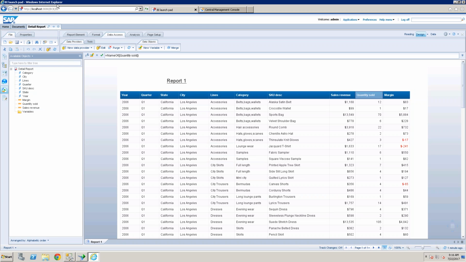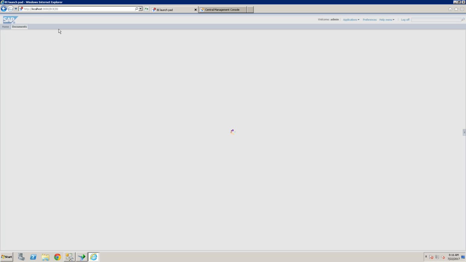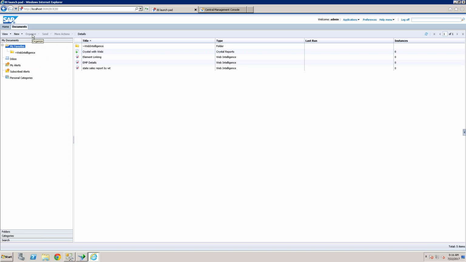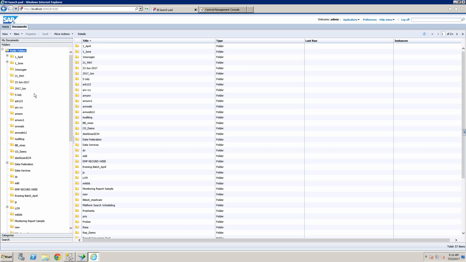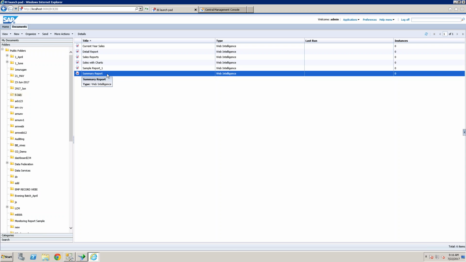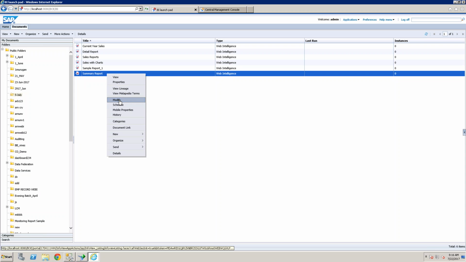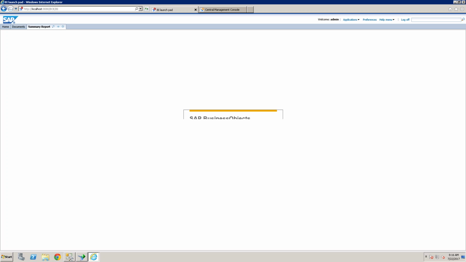To link one report to another report, open the summary report now. Go to here, and which I saved into the July folder, right? See summary report. I'm trying to open it in modify mode. So I'll show you the difference. Open it in modify mode and open it directly in view mode and make it design mode. What is the difference?